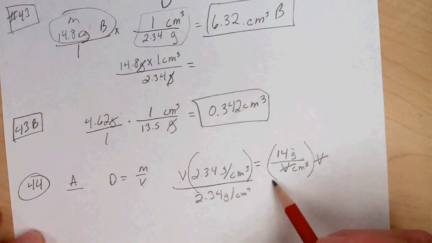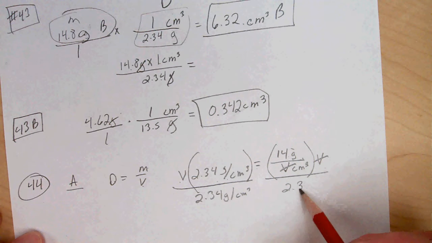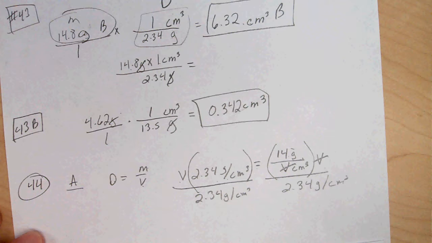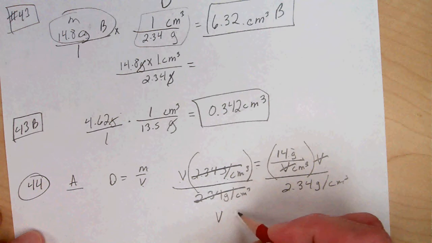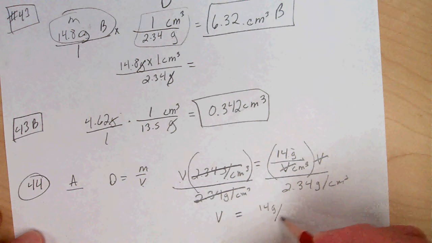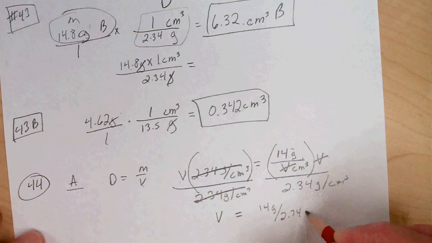So when I do this, 2.34 cancels 2.34, and I'm left with V equals 14 grams divided by 2.34 grams